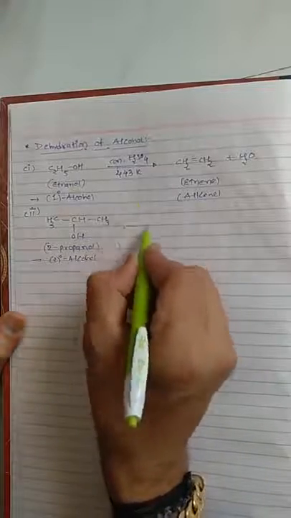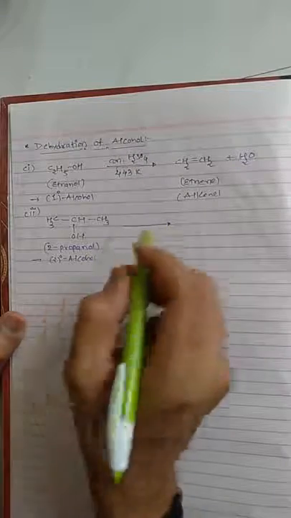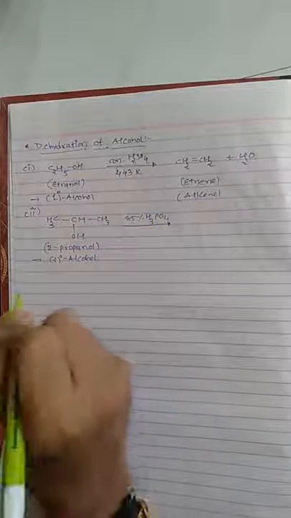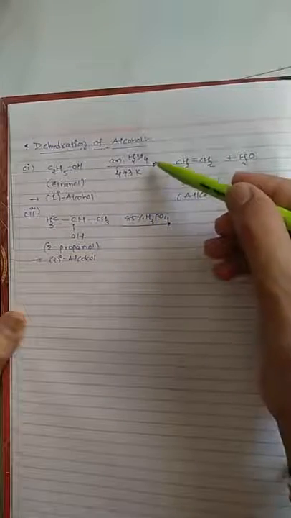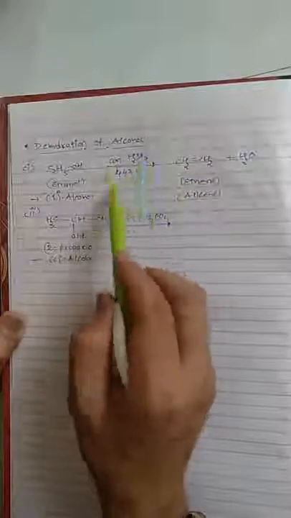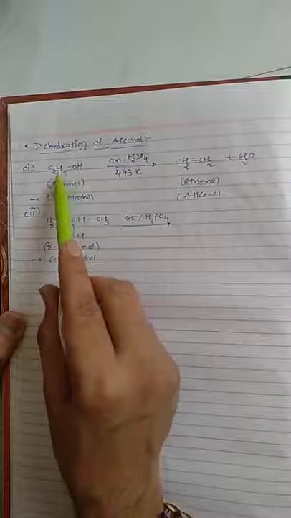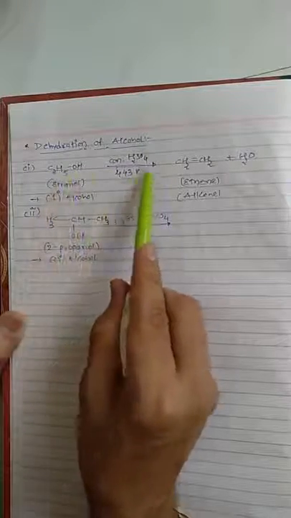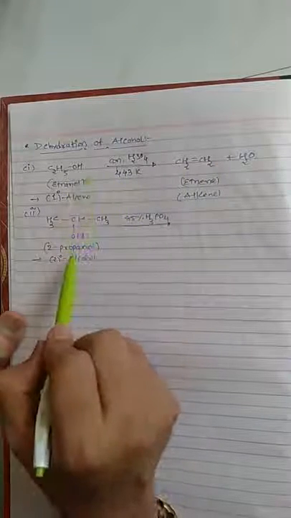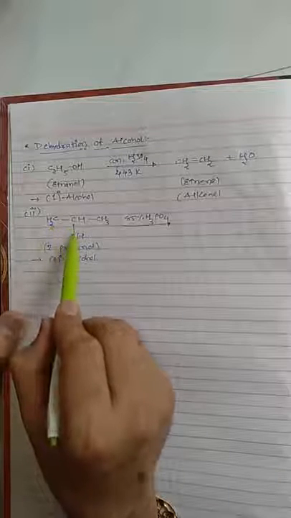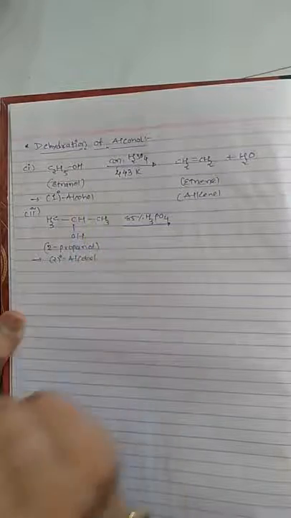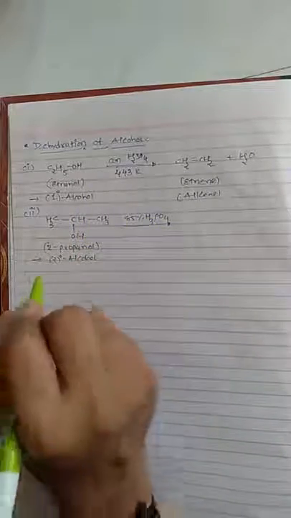The reaction condition is slightly changed for different alcohols. It requires 85% H3PO4, phosphoric acid. In comparison to primary, secondary alcohol requires a slightly milder acid. Primary alcohol requires a stronger acid, because in primary alcohol the carbon atoms are arranged in a linear way. There is no branch, so it has more hydrogen bonding. But in secondary alcohol there is a branch, and due to the branch the hydrogen bonding is slightly weaker compared to the earlier one, so it requires a slightly milder acid.